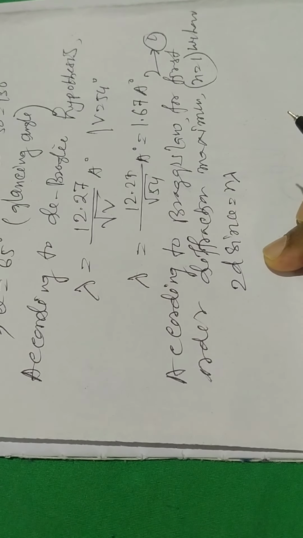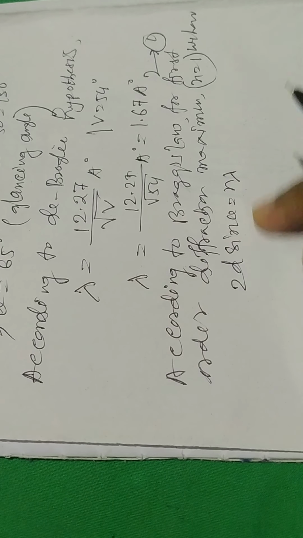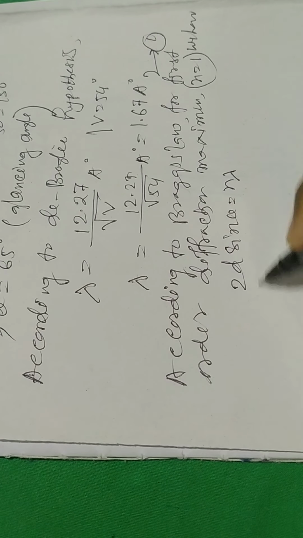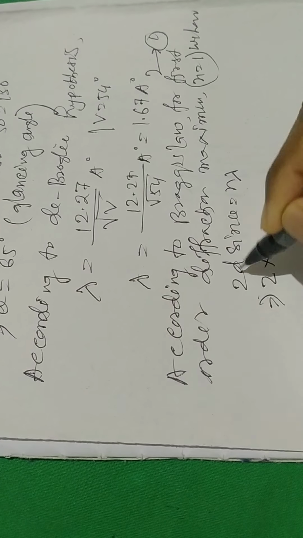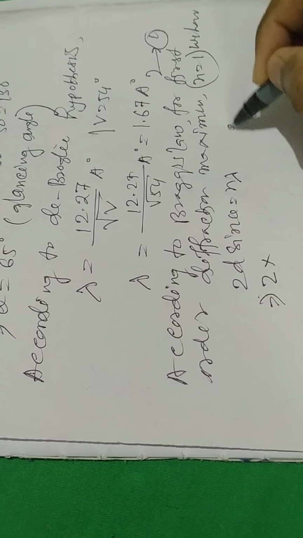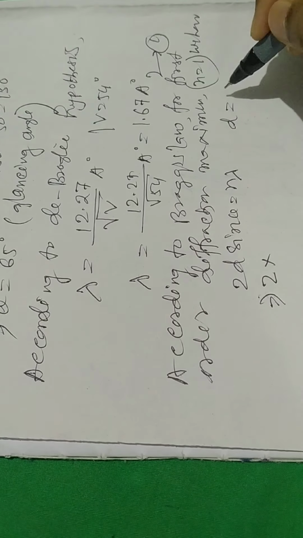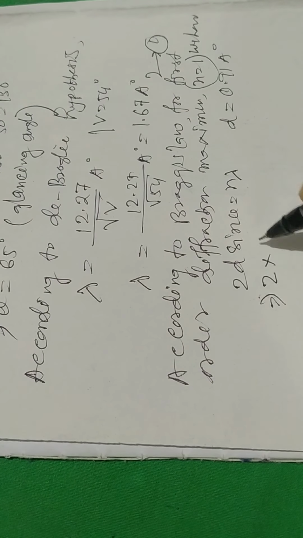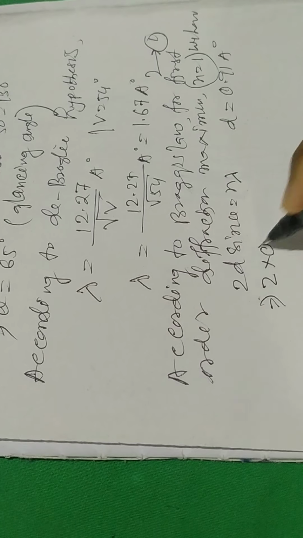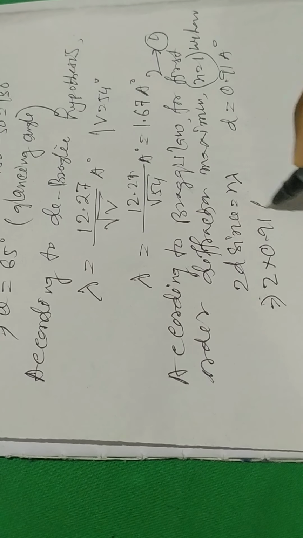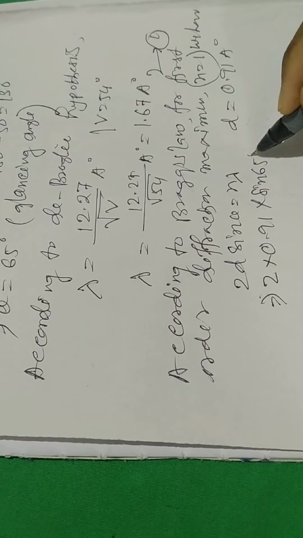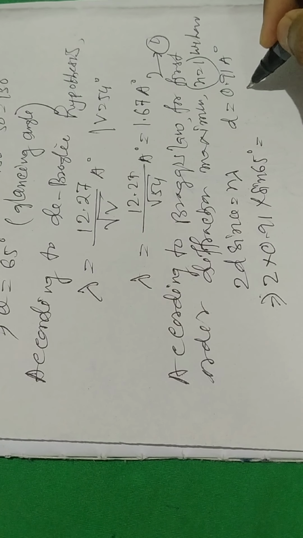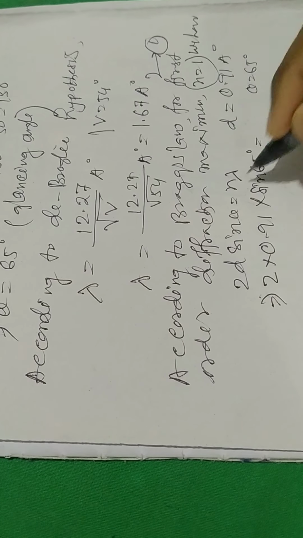This is Bragg's law. They used this equation and put in the values. The interplanar spacing is 0.91 angstrom. So putting in 0.91 into sine of 65 degrees, because the glancing angle is 65 degrees, and for the first order,